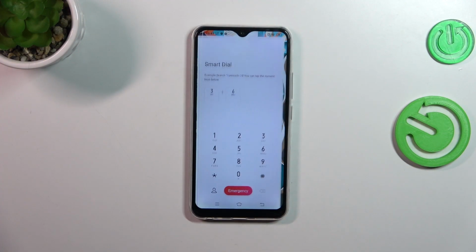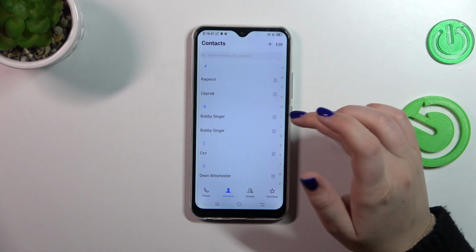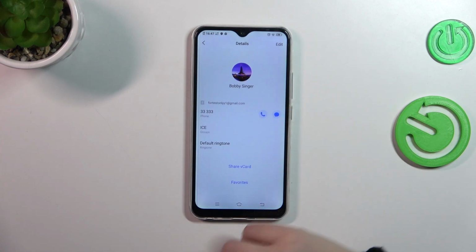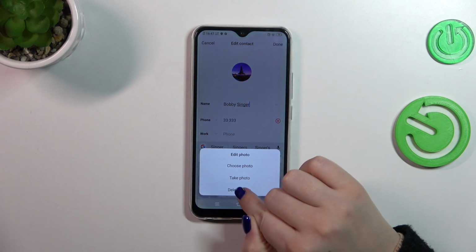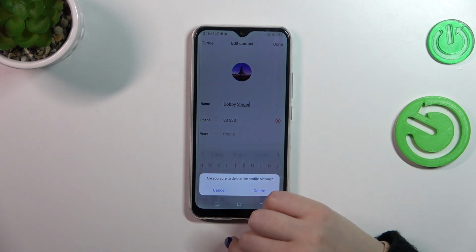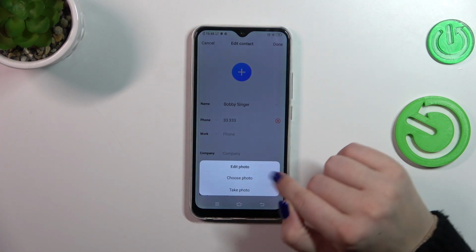So let's start with opening your contact list, for example with the usage of the dialer. And then let's find the contact you'd like to edit and tap on it, and tap on edit. Now let me quickly remove the photo. And as you can see, we will have this plus icon, so let's tap on it, and you can either